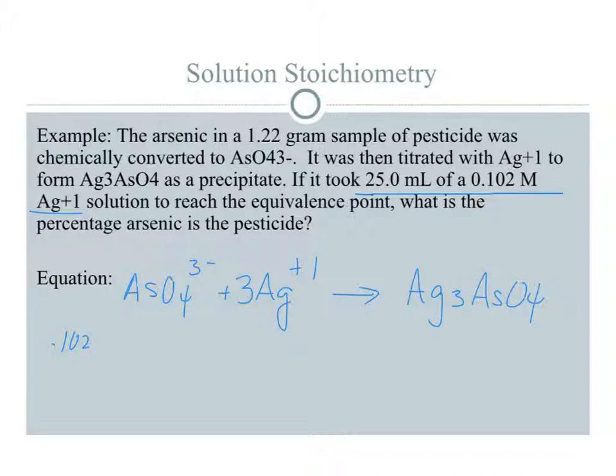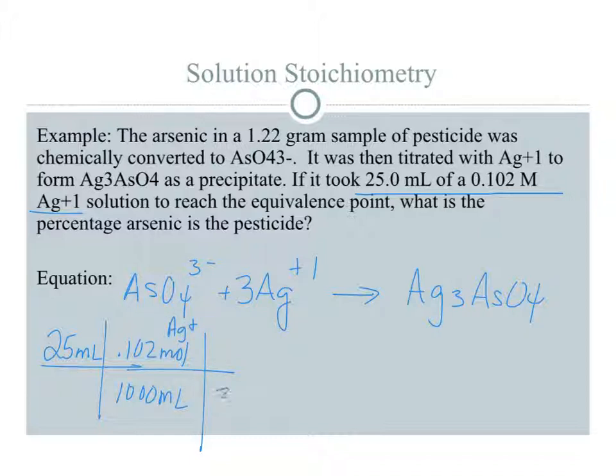There's two ways we can do this. Let's start with 25 mils. And I know that that has a molarity of 0.102 moles per 1,000 milliliters. Okay? In my balanced equation, and this is my Ag+,